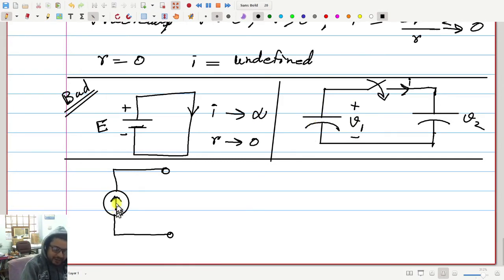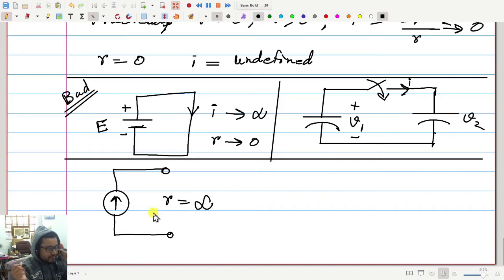Now coming to this question. There will be no current, since there is no path for the current to flow, but there is high voltage. So what will happen? You can say that the resistance here is infinity, so it will try to generate infinite voltage. It will try to generate a very high amount of voltage, and that will again cause breakdown of insulations, etc., and that is again dangerous.